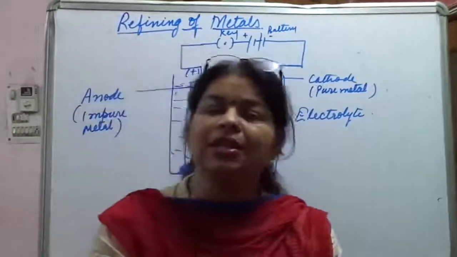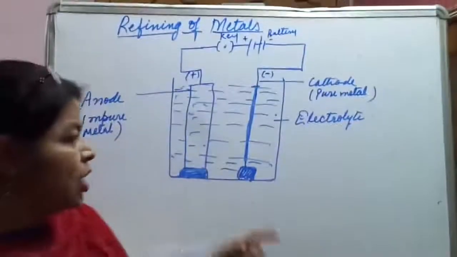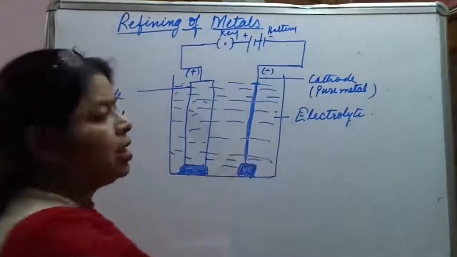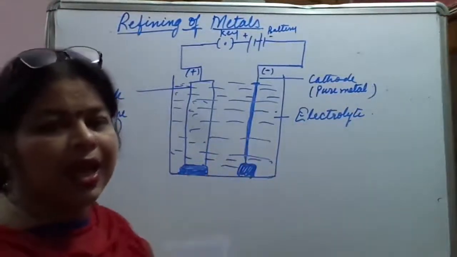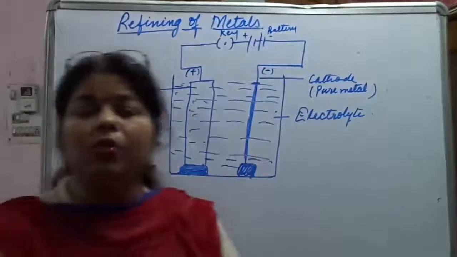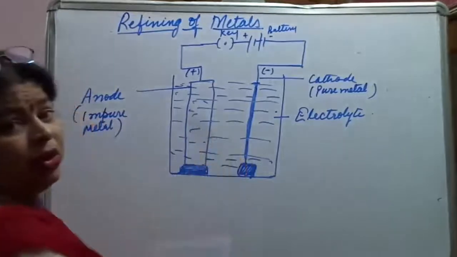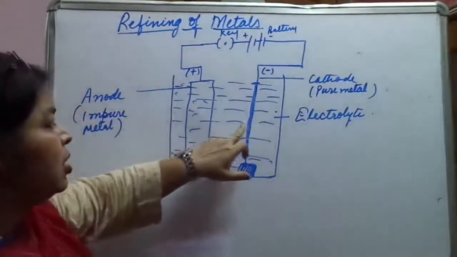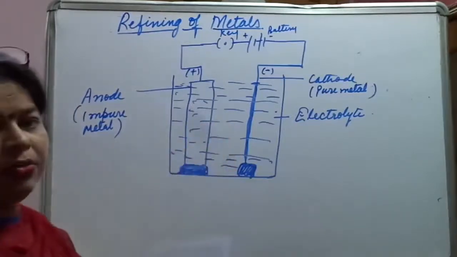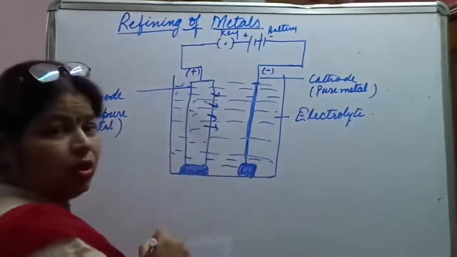Now this is taken as electrolyte, and when the electric current is passed, the metal ions from the electrolyte are reduced to the metal and rush towards cathode. Because they are cations, they go and get deposited on cathode. When, for example, one atom of the electrolyte, say copper, goes there, there will be a deficiency of copper, which will be overcome from the impure metal. It will keep on happening, releasing the metal ion or cation.